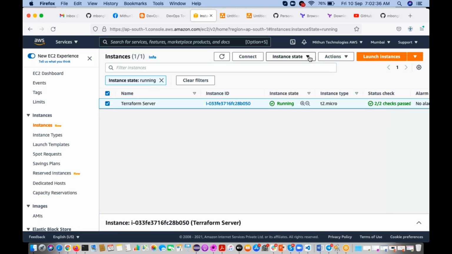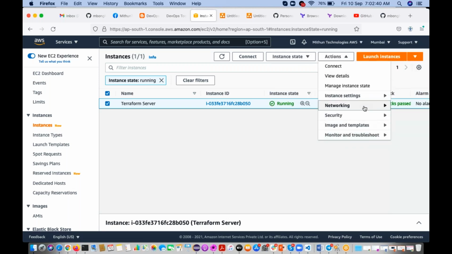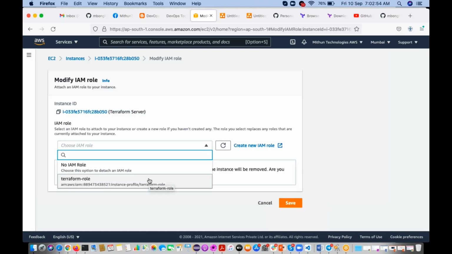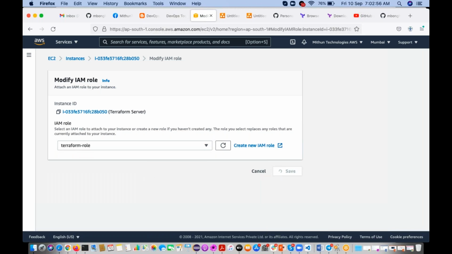Okay, instance actions, security, modify IAM role. Choose IAM role. See here, Terraform role. Save it.